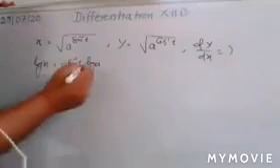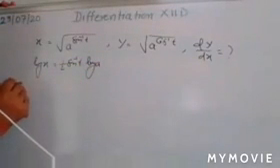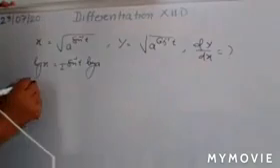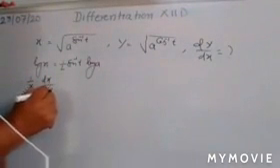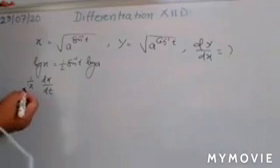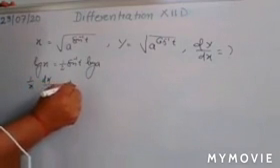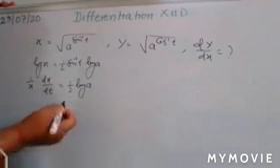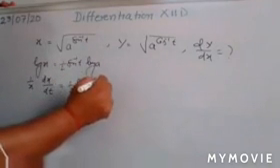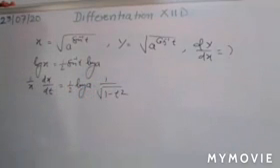So here you take log. Now differentiating with respect to t, you have 1 upon x into dx by dt, which is equal to 1 upon 2 log of a, that is a constant, so you write it first. And the differentiation of sine inverse t is 1 upon under root 1 minus t square.